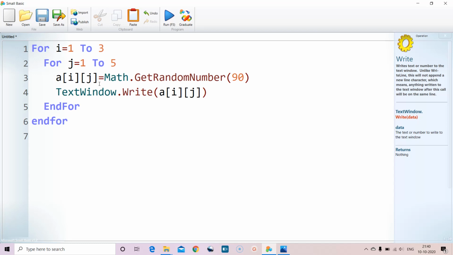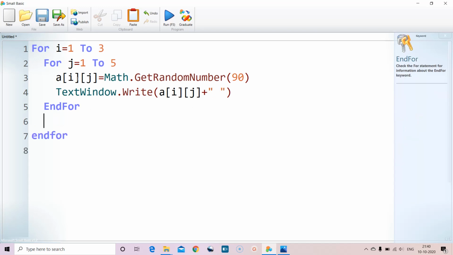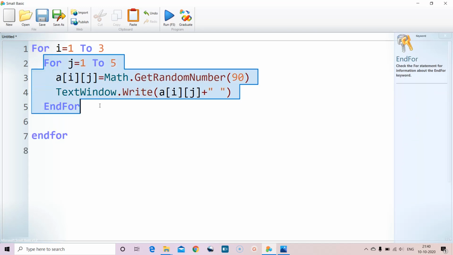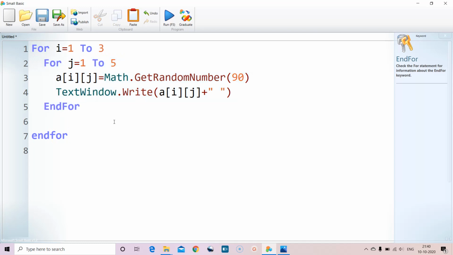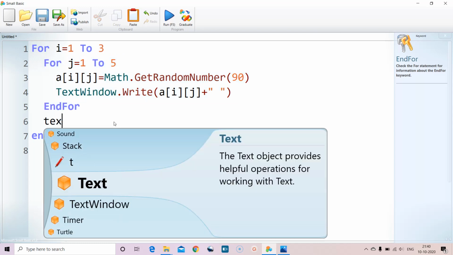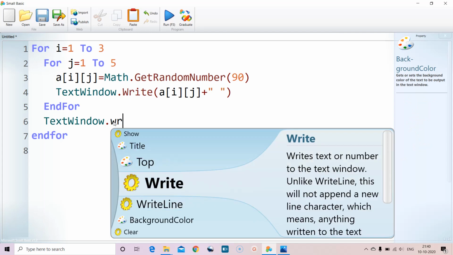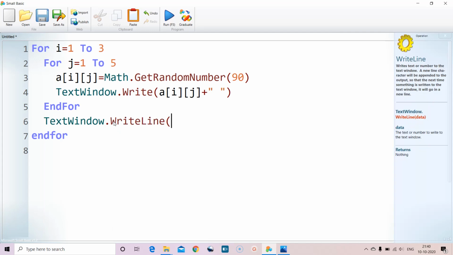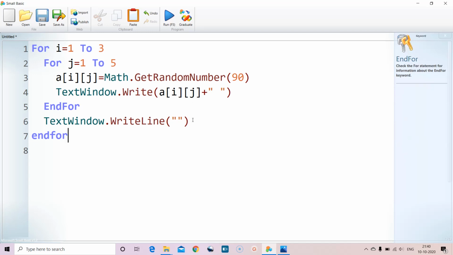First row we want to print everything in one single row. So let us also give some space after each number. So this loop is for one row, right? So after one row we want to give some blank line. So text window, write line, so that the next row will come in the next line. So let us execute it.